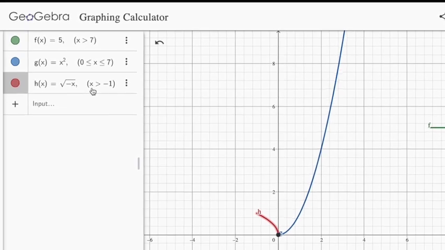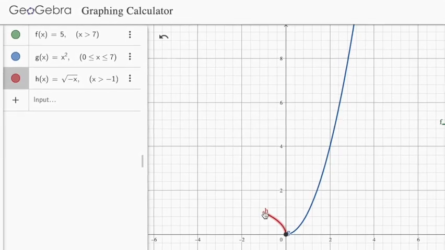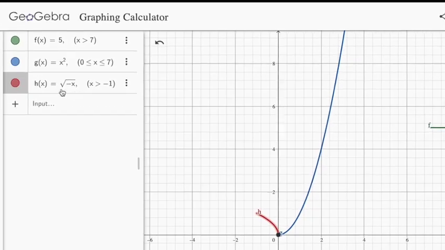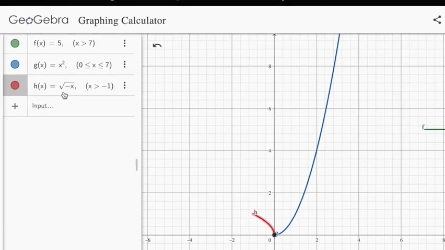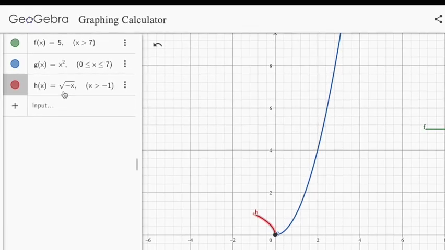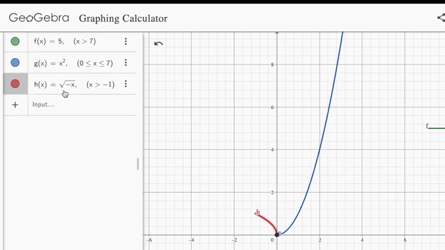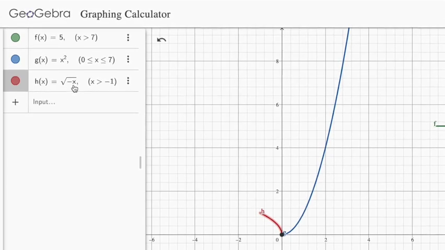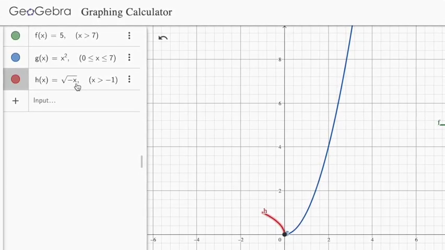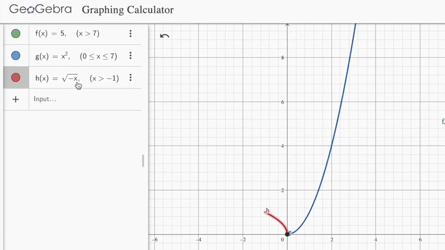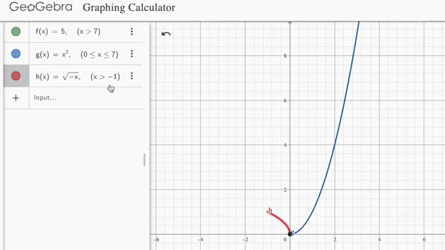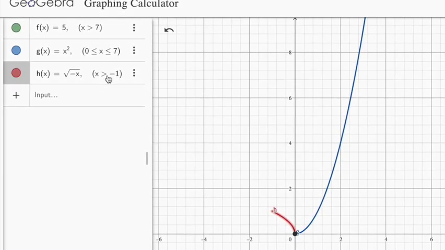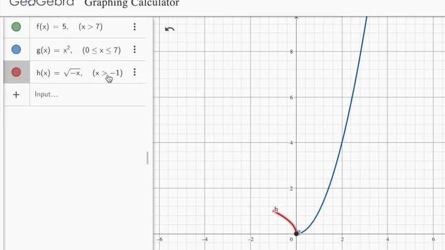Since I put the domain here, x is greater than -1, it's going to start at -1 and go to the right. However, this function already has a restricted domain. It can't go over 0 because once I start putting in positive numbers, I'm going to get a negative under the square root. If I put in 2, I'm going to get the square root of -2, and that's not going to get graphed on the real plane. So really, I could have put in that x is greater than -1, but less than or equal to 0,